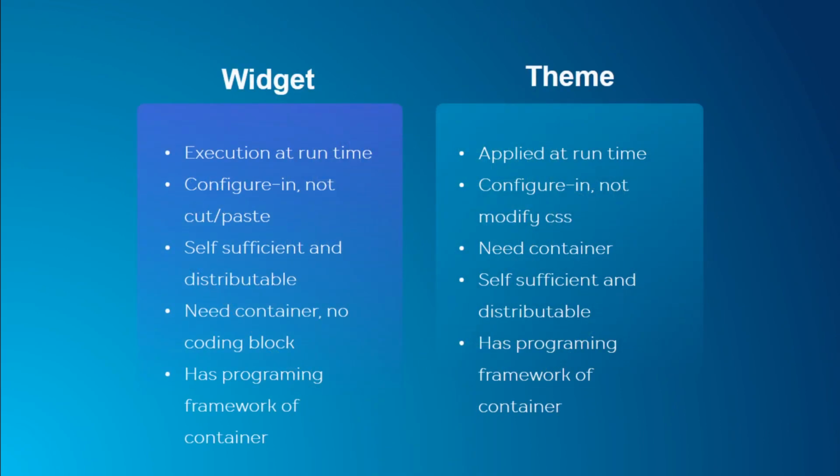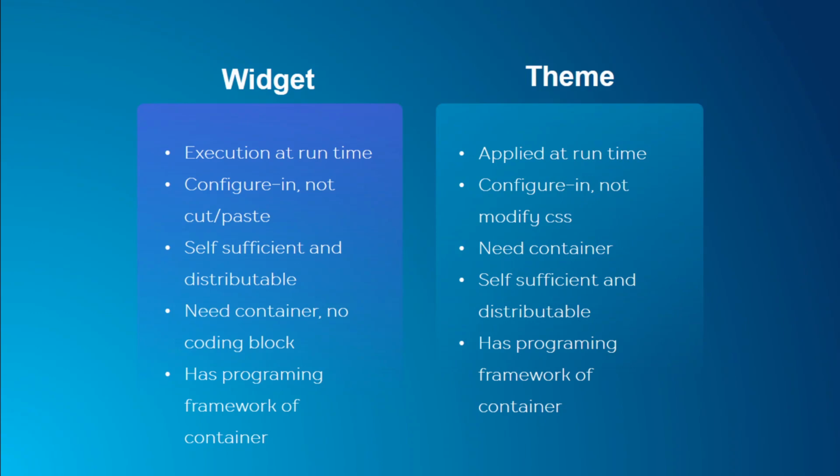So talking about that customization, what can we customize? Well, the main places we can customize in Web AppBuilder are the widgets and themes. So there are a few things about these. Widgets are executed at runtime. They should be self-sufficient, so you should be able to take your widget and package it up and send it to a friend or send it to a colleague, and they should be able to open it up in their own Web AppBuilder. It does generally run in a container, and it uses the programming framework of the container,